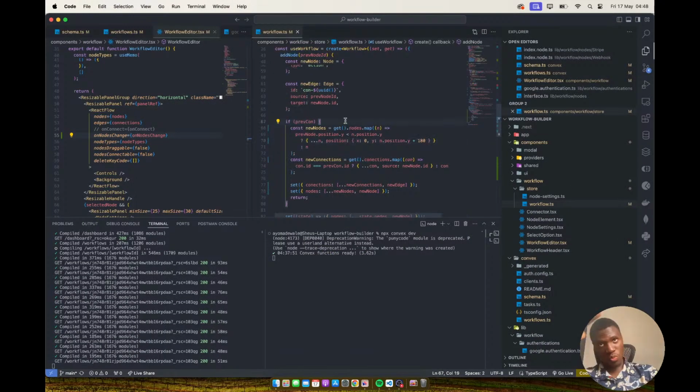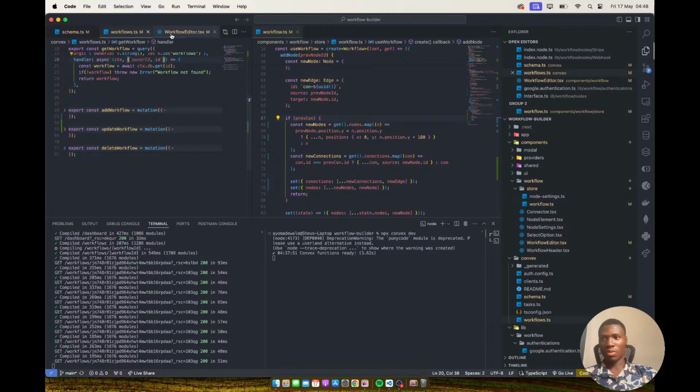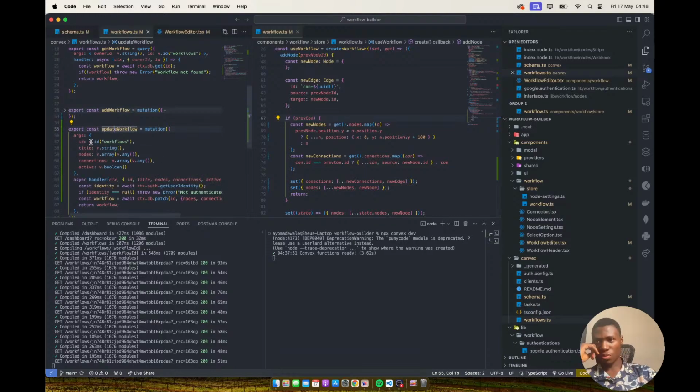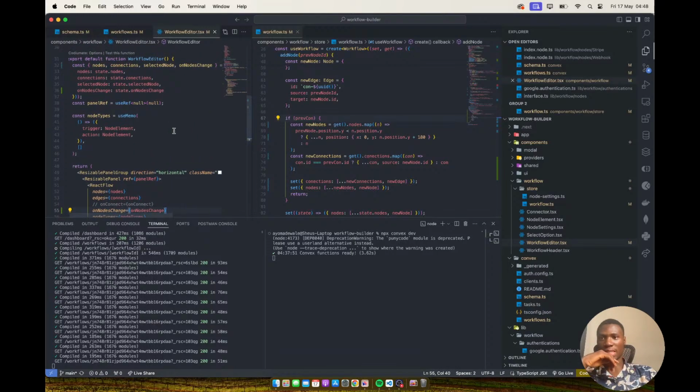Okay, so we have fixed the positioning. That is one thing we first want to fix, right? And the second thing is saving the node. That is the second thing that we want to do, right? So if we go to update workflow, we get the ID, we get the title, the nodes, the connections, and the active state. Okay, and if we go to the workflow editor,